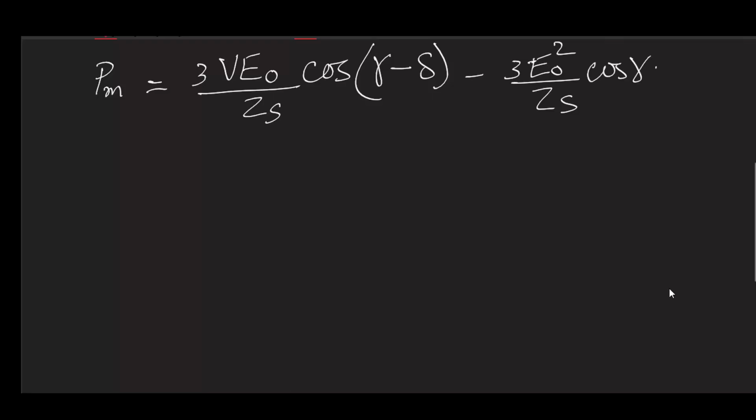Now, for a given machine, you have no control over gamma. Gamma is the machine's internal angle, that is why it is named so. It is an intrinsic property, rather a characteristic, of your machine. Once the machine is designed, we cannot change it from outside. But what we can do is change our delta accordingly.